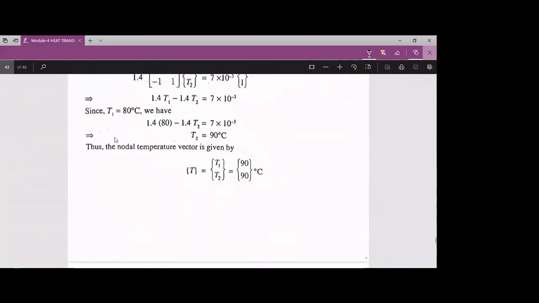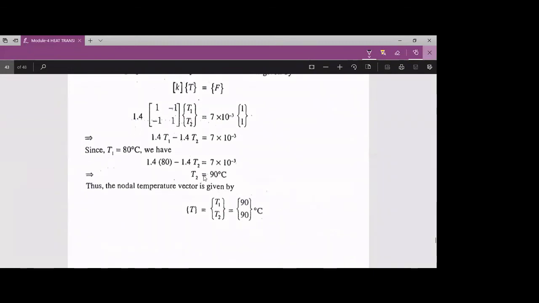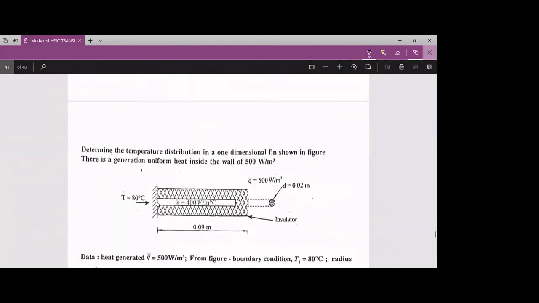So this is how the nodal temperatures are obtained: T1 is 80 degrees and T2 is 90 degrees. So a 10 degree rise in temperature takes place for this particular case. This is how we analyze the heat transfer through the